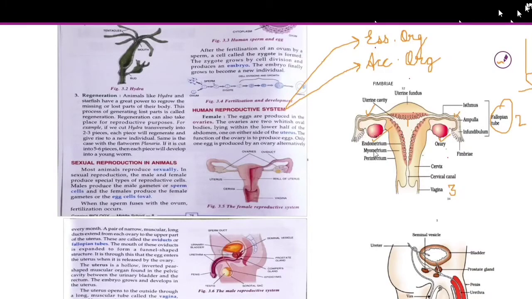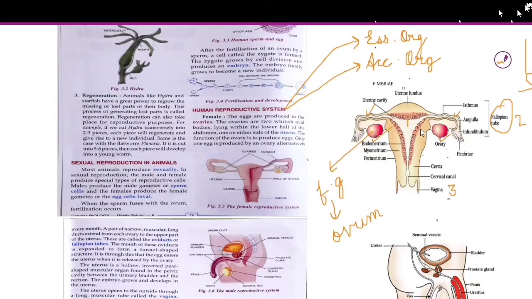Because what are the ovaries? They are the gonad of the female, so what will be their function? To produce the female gamete. What is the name of the female gamete? The female gamete is the ovum, plural is ova. So it will produce what, beta? It will produce the ovum or ova, which are the female gamete.